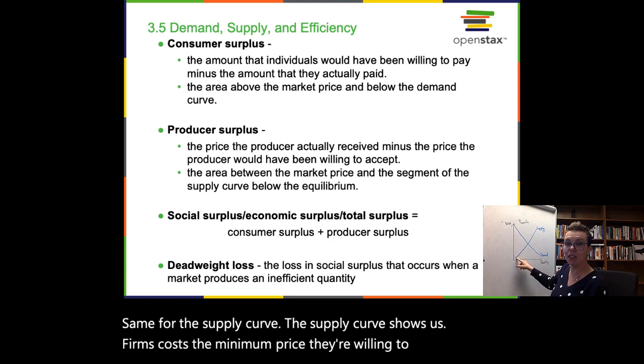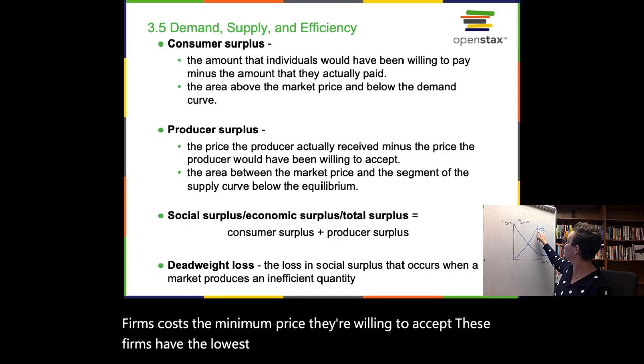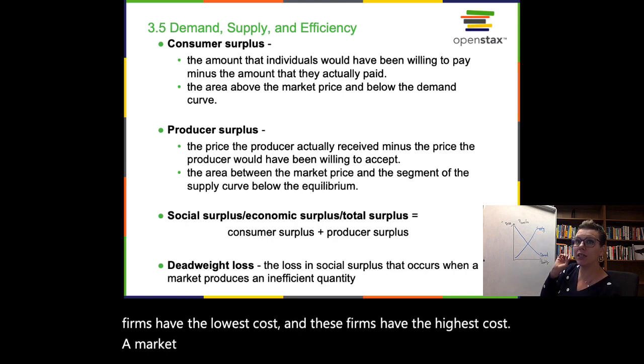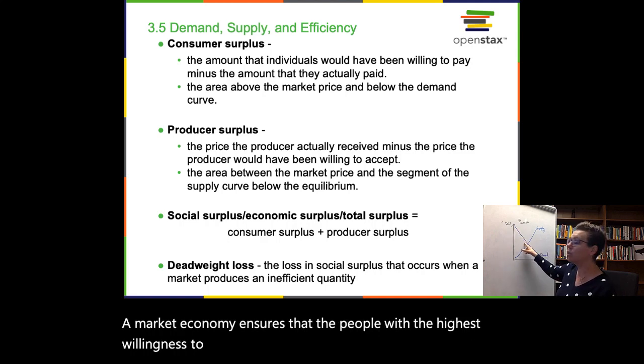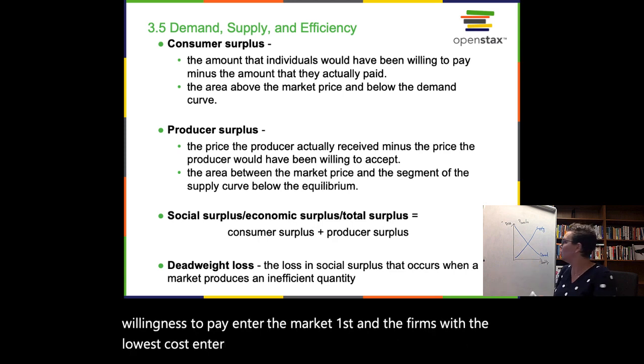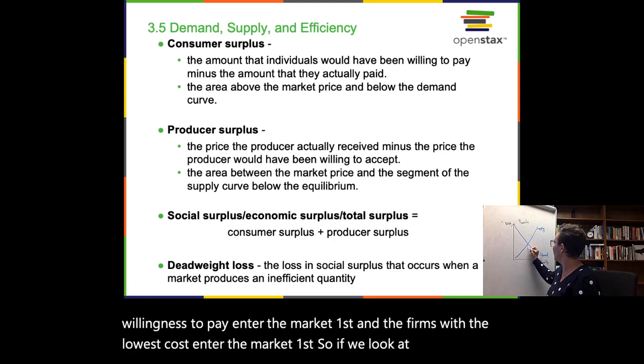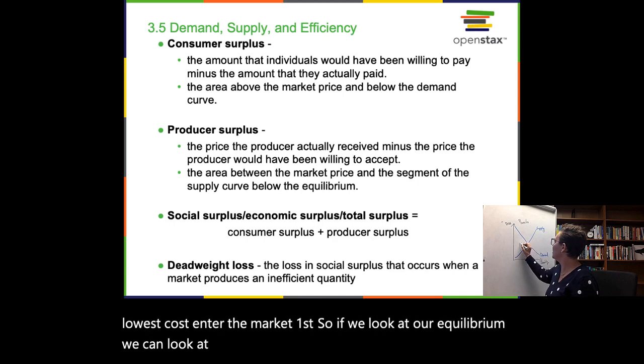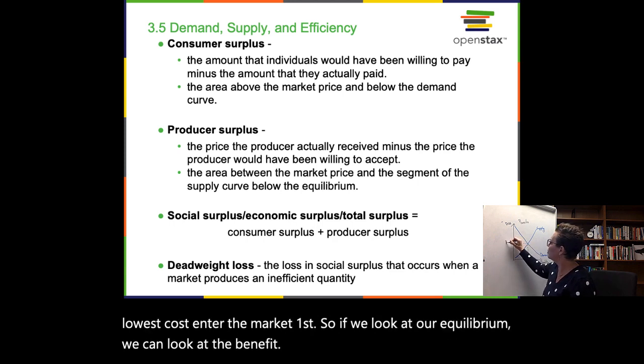These firms have the lowest cost, and these firms have the highest cost. A market economy ensures that the people with the highest willingness to pay enter the market first, and the firms with the lowest cost enter the market first. So if we look at our equilibrium, we can look at the benefit of